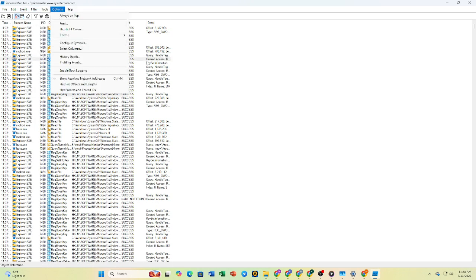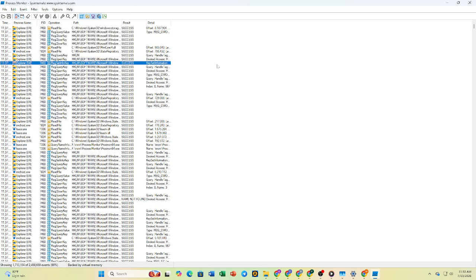Review the captured events, and if necessary, apply filters to focus on a specific process, operation, or file path. Finally, save the captured log if you want to review it later or share it with someone helping you troubleshoot the issue. And that's it. You now know how to capture system activity with Process Monitor and use the recorded data to diagnose Windows and